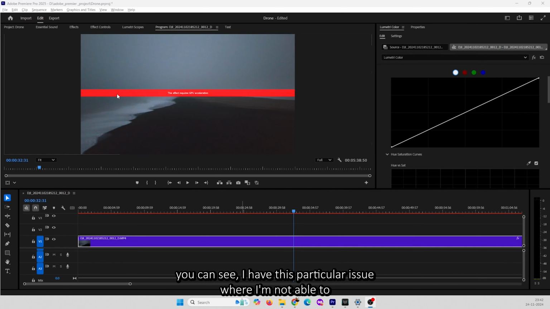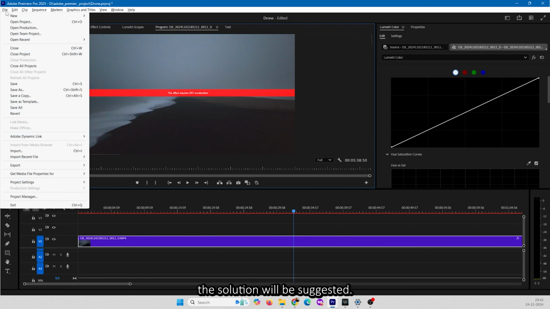So you can see, I have this particular issue where I'm not able to apply the effects. It is saying the effect requires GPU acceleration. Now, whenever you search on YouTube, the solution will be suggested as you open the project